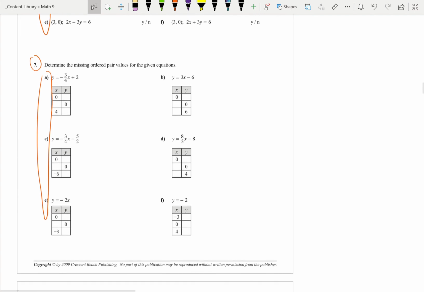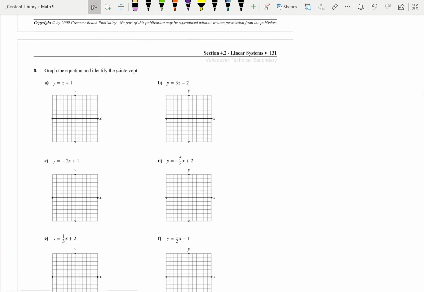7, you are given values. You're supposed to figure out the empty values here next to them. So I'd plug in 0 for x over here, solve for it. I'd plug in 0 for y over here, and then solve for x. And then lastly,